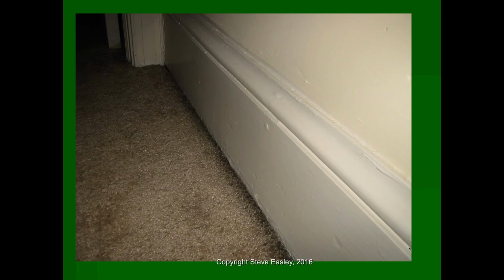Here's a good example of a home that's under negative pressure. You see the dirt build up around the carpet edges at the trim. This is on an exterior wall. If you take another look at this, you can see the dirt building up in the carpet. That's because around the exterior walls, those plates are very, very leaky. And so that's why we always want to take the extra step of caulking those plates to the subfloor and also putting a good air barrier system around the exterior envelope, doing this air sealing, and again, doing this before you put the drywall on, before you put the insulation in, measuring before you put the insulation in. It's going to ensure that you're going to have much greater success